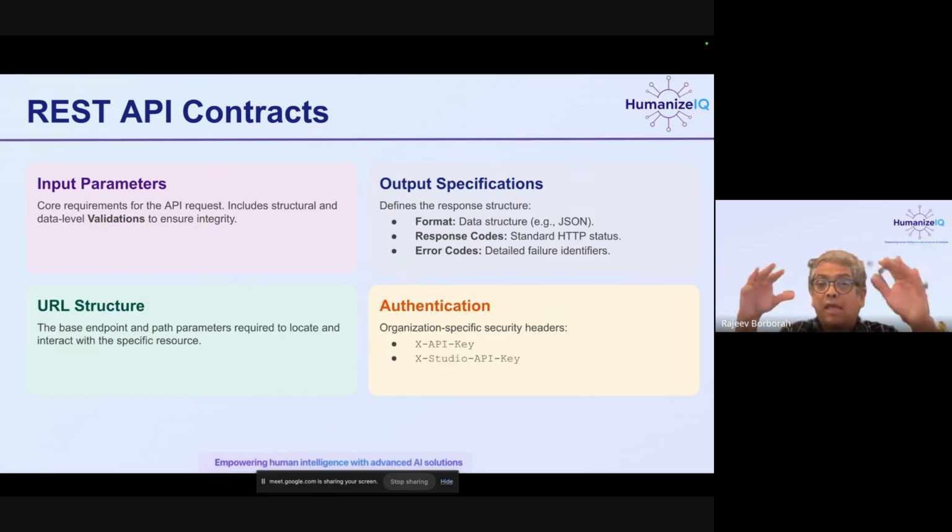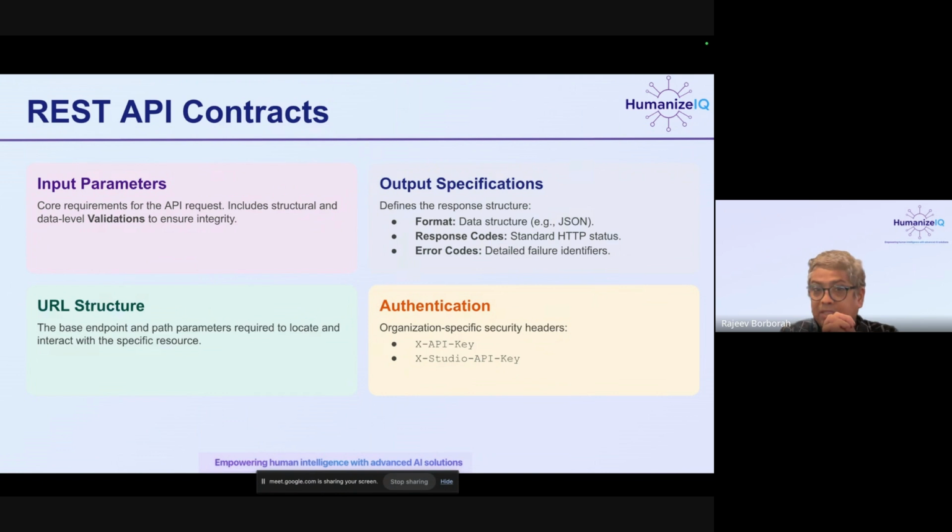So please make sure, authentication is different in every organization. In our company, we will be using two mechanisms of authentication. Every API that you create, you need to make sure that it is authenticated. Why? In today's world, APIs get hacked, and we do not want to get hacked. When we get hacked, if they get into our AI systems, it can cause huge cost. So none of you should develop any APIs which are not authenticated. Our templates already have authentication in there. But even if you start from scratch, these are the two authentication mechanisms you need to support in our system.